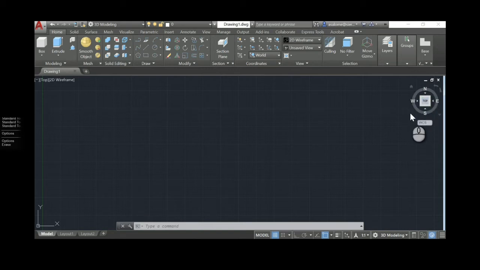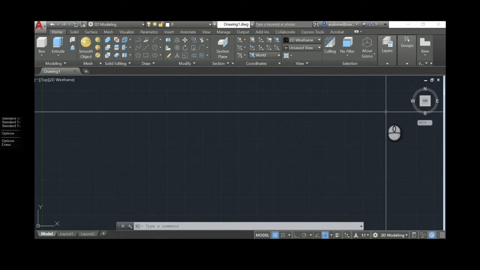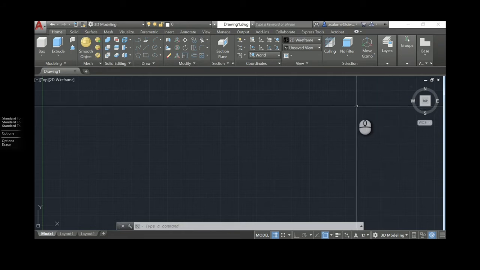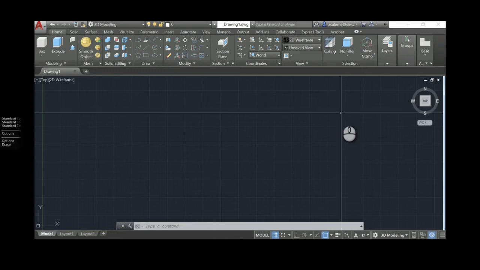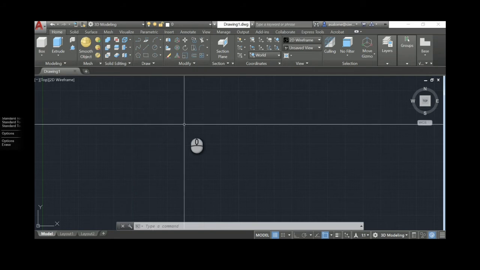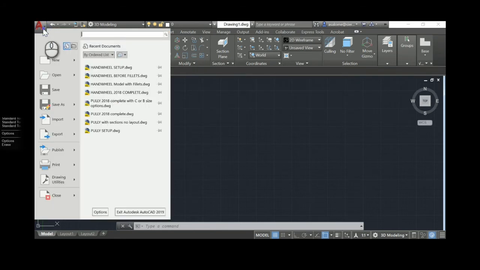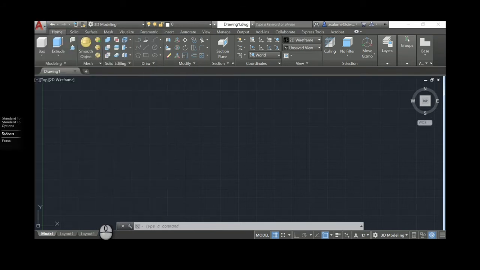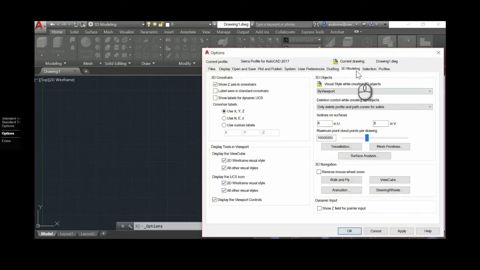This is all fine and good until I'm pulling flat shots, and I want to make sure that my top is in the top position, front is in the front position, right is in the right position, because that not happening means that I've broken glass box and I get a 0 on a drawing. So I like to have that off for you guys. So again, to turn that off, it's big red A, options. It's on the 3D modeling tab here, and it's the display the ViewCube options, and I turn both of those off.